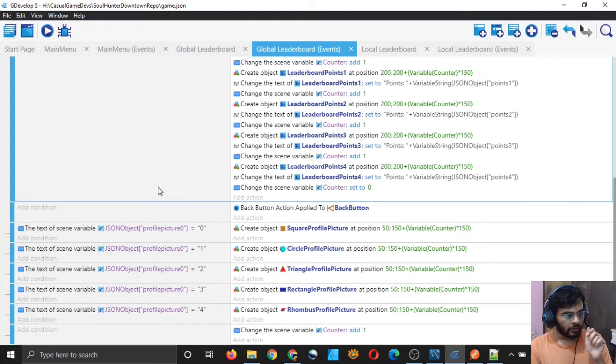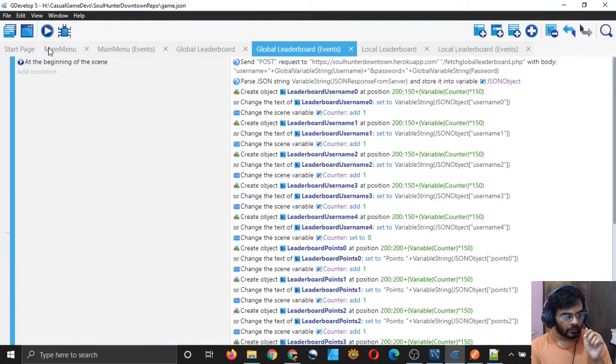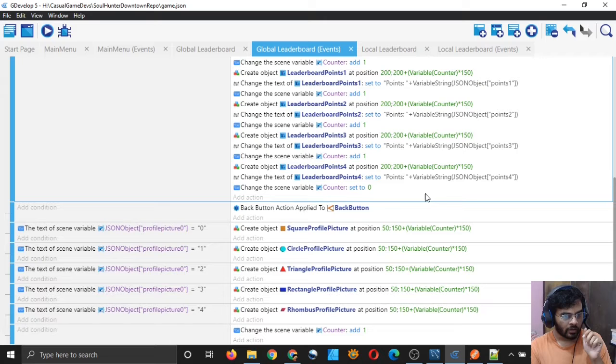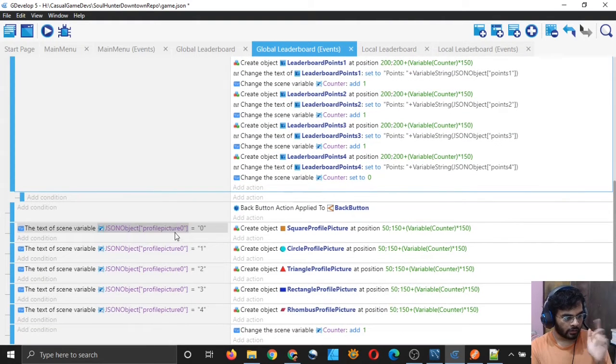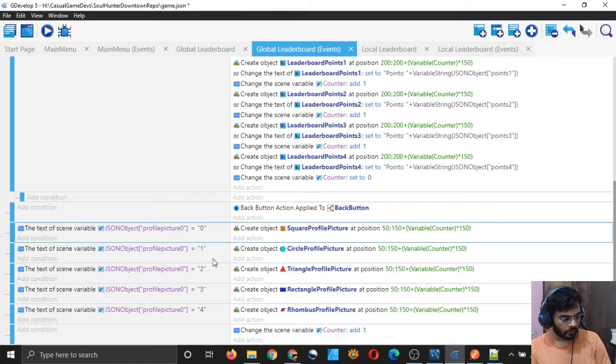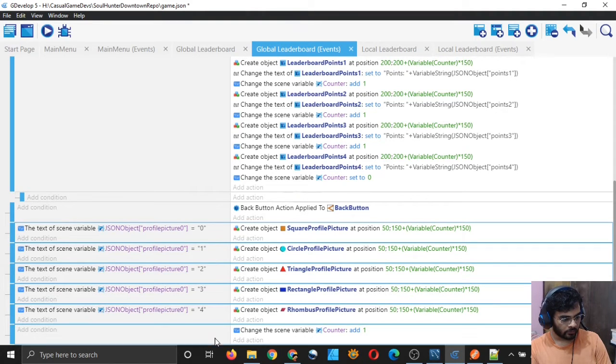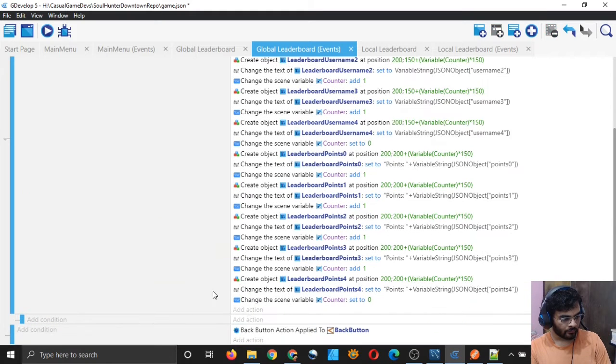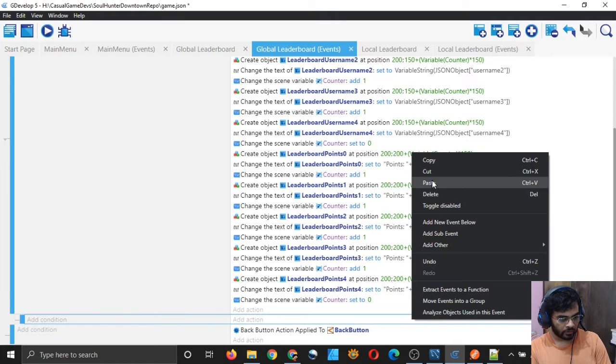Okay, we need to click on this event at the beginning of the scene and add a sub event, and then I have to copy these. Shift select them all, and this one also, and simply right click and cut them, and click on this sub event which we added. Right click and paste.